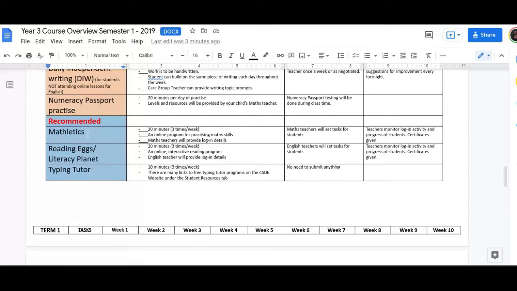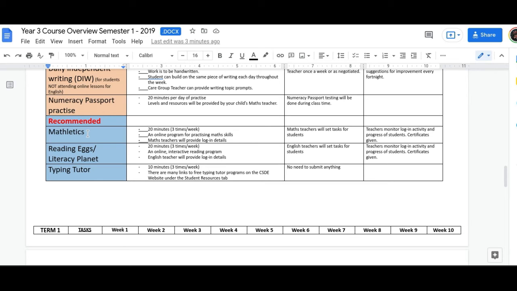And yeah, that's the second thing to put into your timetable. Down here we have the recommended tasks. Now, recommended tasks are recommended. They're not mandated. And they're great. Athletics is great. Reading Eggs is great. Literacy Planet, Type Tutor, they're fantastic. However,